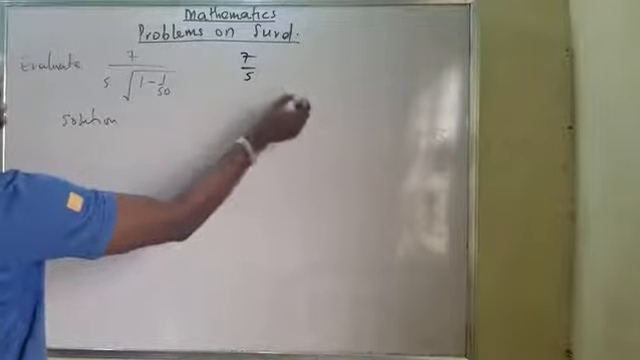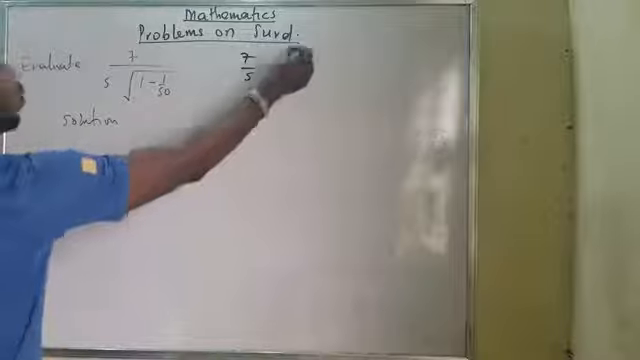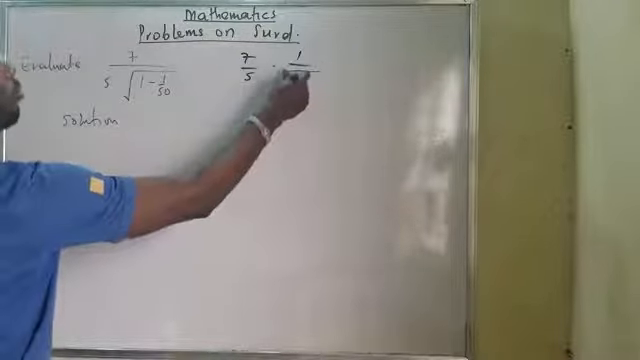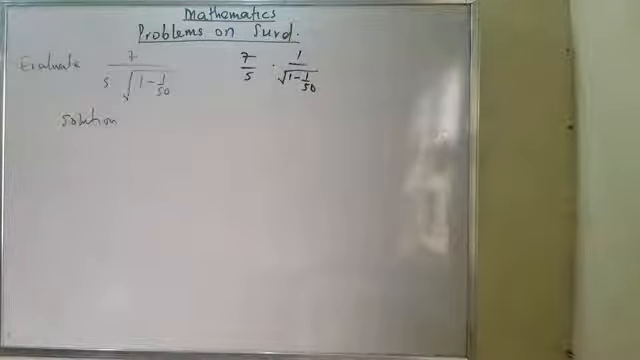Are you with me? And multiply by 1 all over root of 1 minus 1. Anyhow you want to do it, you can do it this way. I think it's not bad if you have it that way. If I were you, I can do it the way it's supposed to be, by having